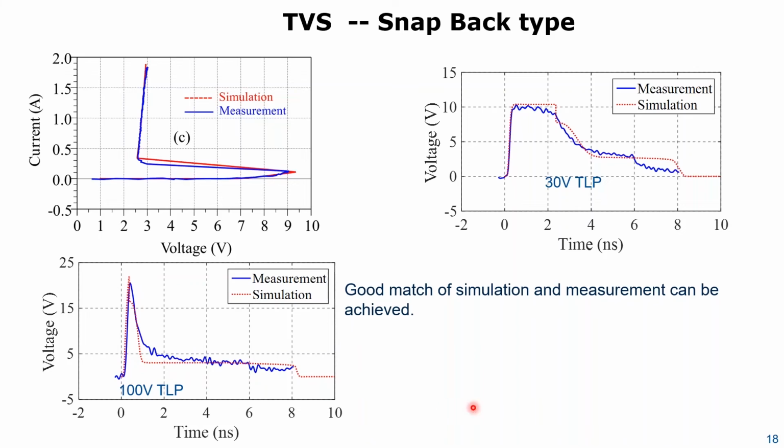So the model is, I don't say perfect, but it's a reasonable match, and the match is what we usually always try to achieve over a broad range of voltages and rise times. So ESD may be fast rising, 100 pico, but if I touch with my finger, it's slow rising, maybe 10 nano. So especially for the slow rise time, often the problem happens that the IC protects the TVS. The voltage at the TVS never reaches high enough for snapback, for slow rising, because the ESD protection inside the IC clamps the voltage. So the modeling for slow rising ESD is often a much more difficult case than for fast.